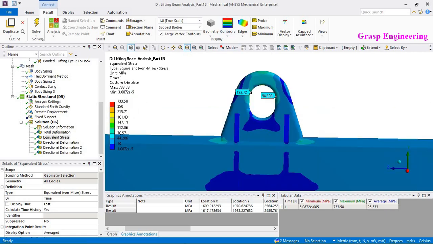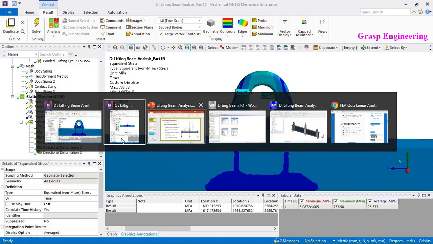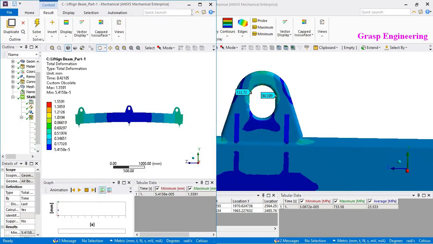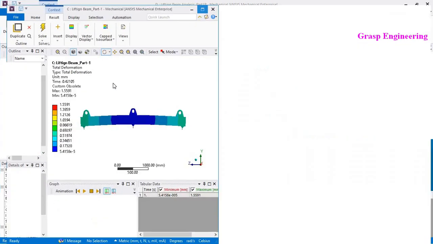Now let's compare with this previous one, and here let's see the stresses.